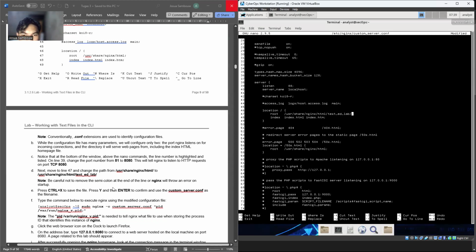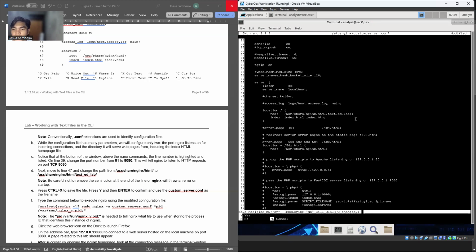Press Control, the semicolon is still there, and the 88 is still there.